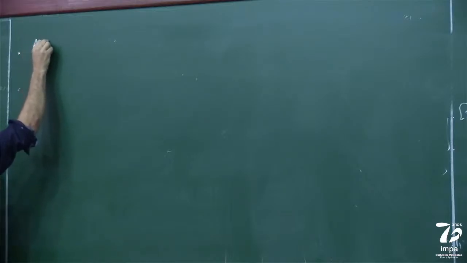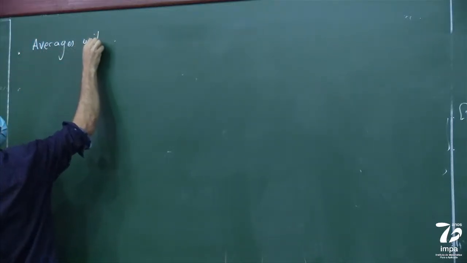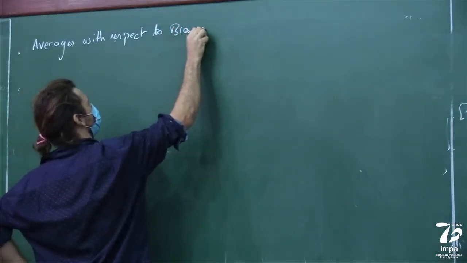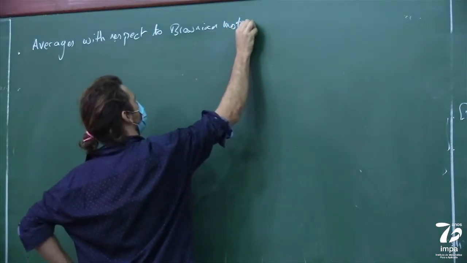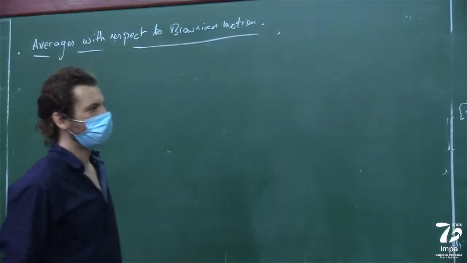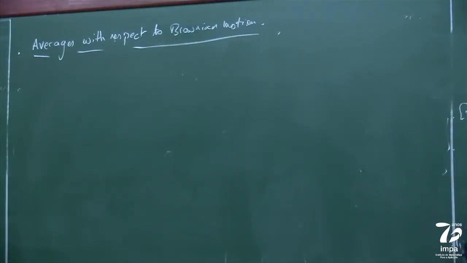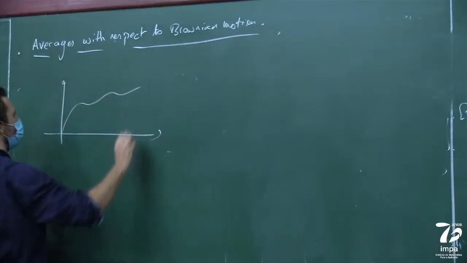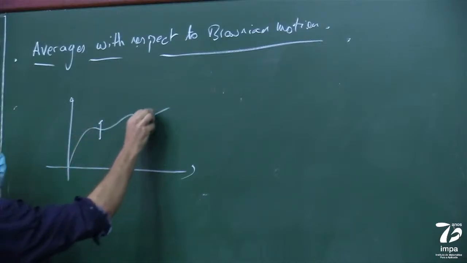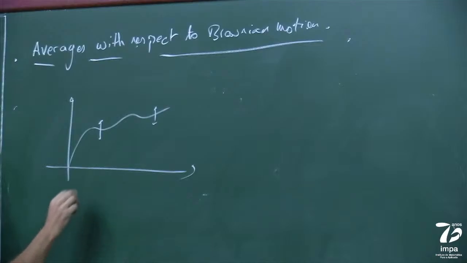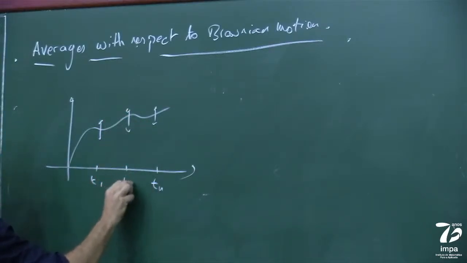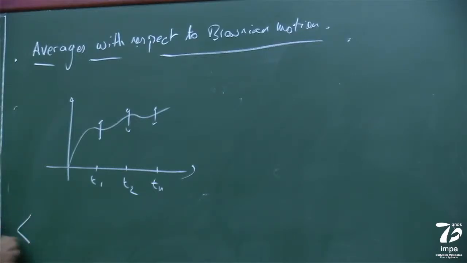So averages with respect to Brownian motion. Those will be averages that, essentially, if you have a path, I have a Brownian motion which is here, with times t1, t2, ..., tn. Then the average of any observable phi with respect to Brownian motion